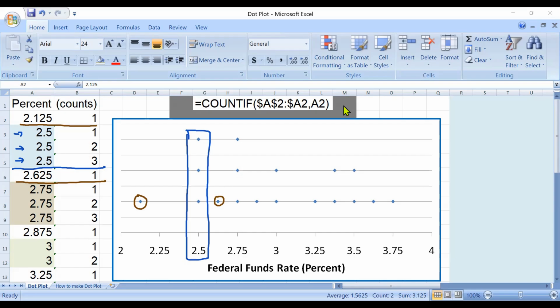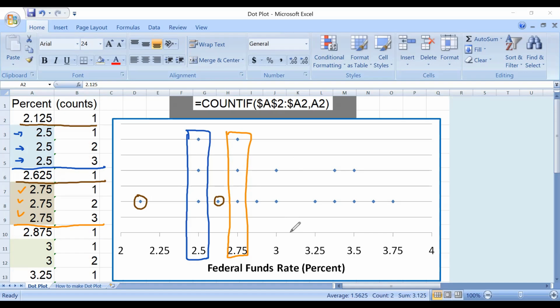Then we have another 3 count. However, it is 2.75, all stacked on top of each other. And it continues this process, and our data is appropriately stacked on top of each other, keeping track of all